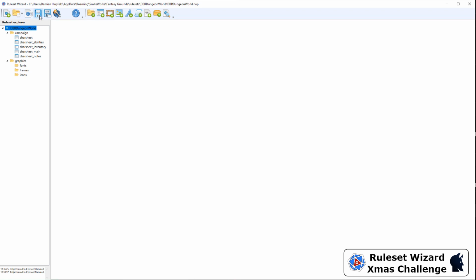We can save the rule set. That's just saving the project file. We can generate a rule set extension. Now that's actually going to create the dbr dungeonworld.pack. And if we launch a new